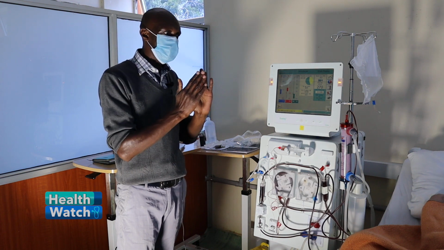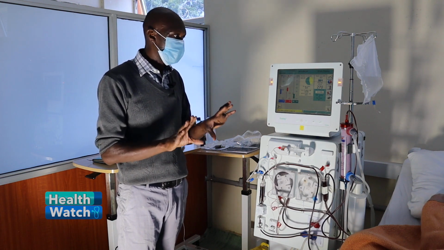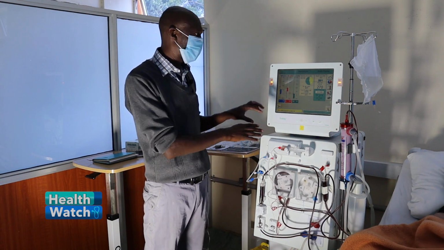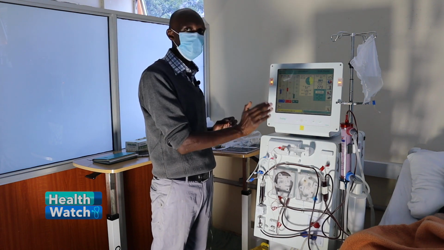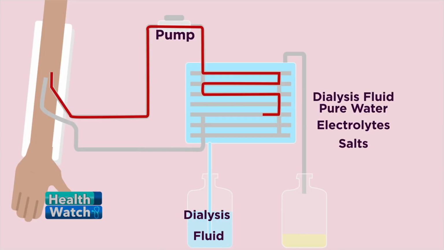Whatever they take, whatever they eat depends on the machine for clearance. So with the lab work and all that, you can assess how you are going to manage that patient. There are so many settings: how many hours you are going to dialyze that patient, at what flow rate you are going to dialyze that patient, depending on maybe the patient has very high urea levels. You know this patient is going to dialyze for a period of 2 hours today,